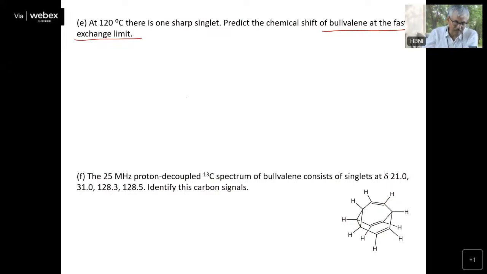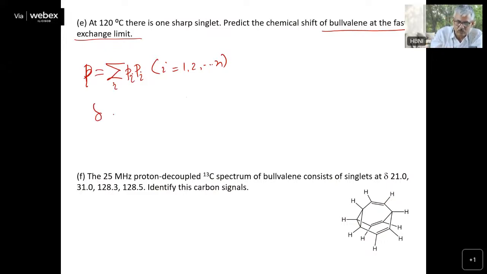If you remember that any NMR parameter P will be equal to the summation of Pi, here our NMR parameter is the delta value. So delta will be equal to, now you see,